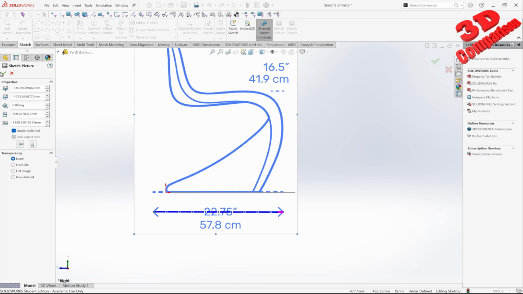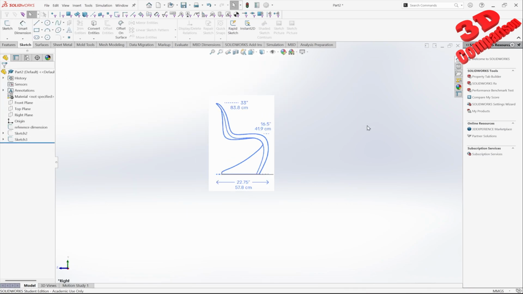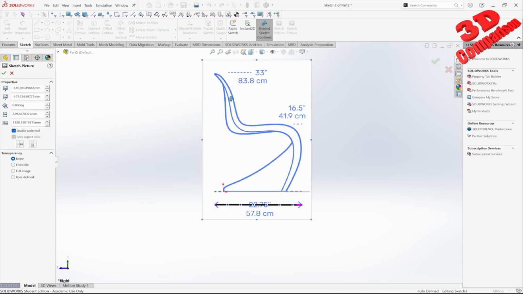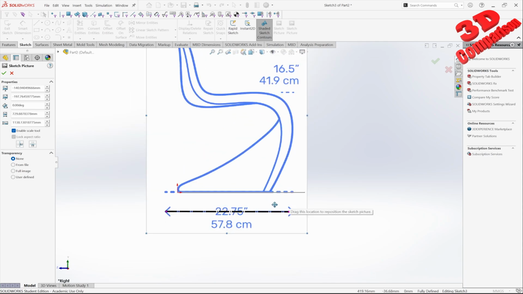So I already added the sketch picture over here. If I leave the sketch, this will be underneath Sketch 3. So I will edit the sketch, double click, and this will re-enable the sketch picture. We see it over here that now this is black. That means it can no longer be defined, but we can re-enable this to make it